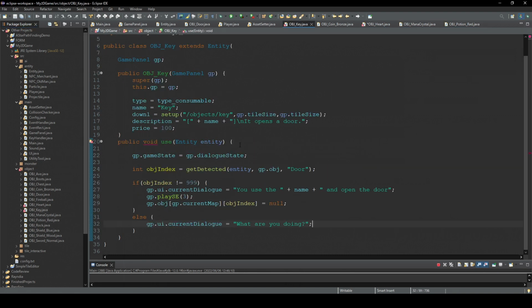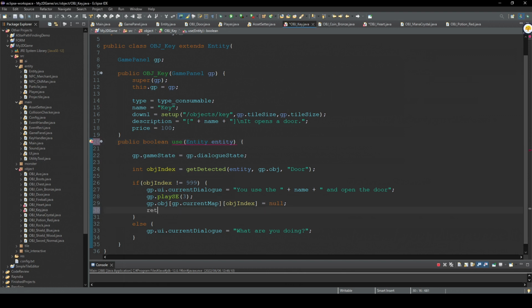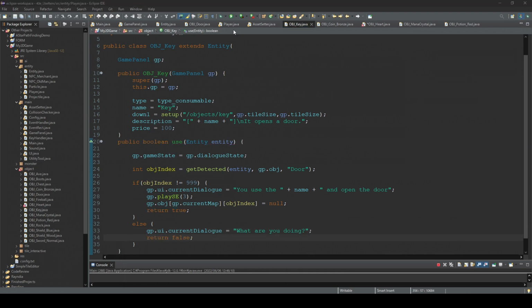And finally this key, boolean. So in this case, if you used this key, then you return true, and if you didn't, then return false. Then in this player class,